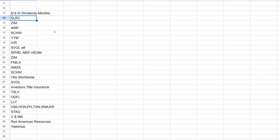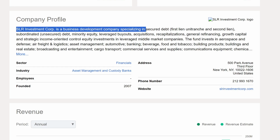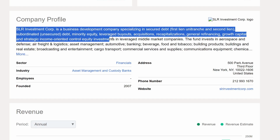So I'll jump over to Seeking Alpha now. All right, guys, so you'll see that it's SLRC, SLR Investment Corp. Currently trading about $14.89 a share. If we pull up the company profile, we can read a little bit about them. So SLR Investment Corp is a business development company specializing in secured debt, subordinated unsecured debt, minority equity, leveraged buyouts, acquisitions, recapitalization, general refinancing, growth capital, and strategic income-oriented control equity investments in